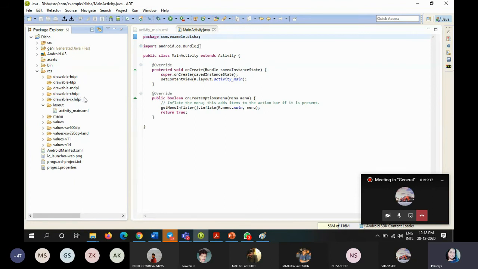For all these child classes, what is the parent class? Drawable. So drawable is the parent class, and all previews are inherited from the drawable parent class only. It is also an important point.